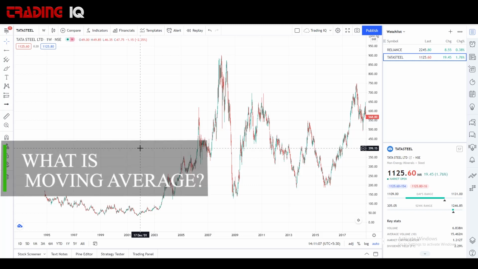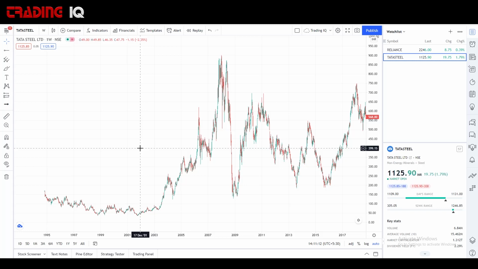So what is moving average? Let's simplify this first with some real-time scenarios, right? In cricket, how would you judge a batsman or a bowler? You would see their average score, right? For a batsman, if Virat Kohli has a batting average of 50 plus, does that mean he will score 50 plus in each innings? No one can tell that, right? But you get a fair idea of his performance, and you would expect some sort of run, like 50 plus runs, each innings when he comes to bat.